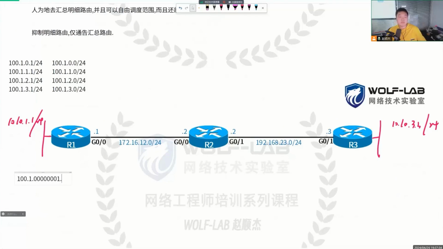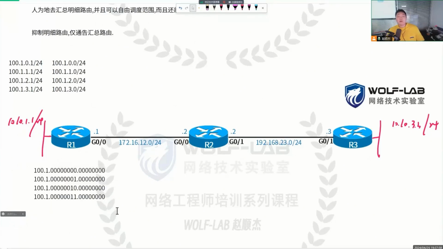100.1. We write the routes out in binary, one after another, and compare these 4 detailed routes. The rule is: